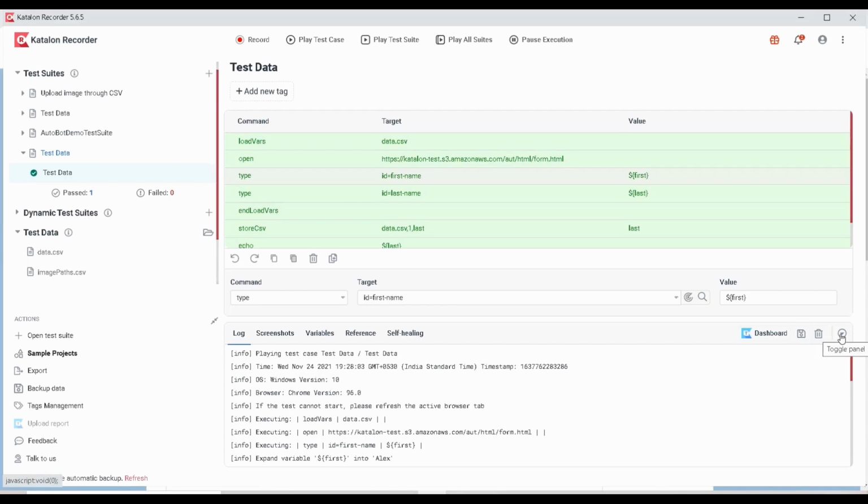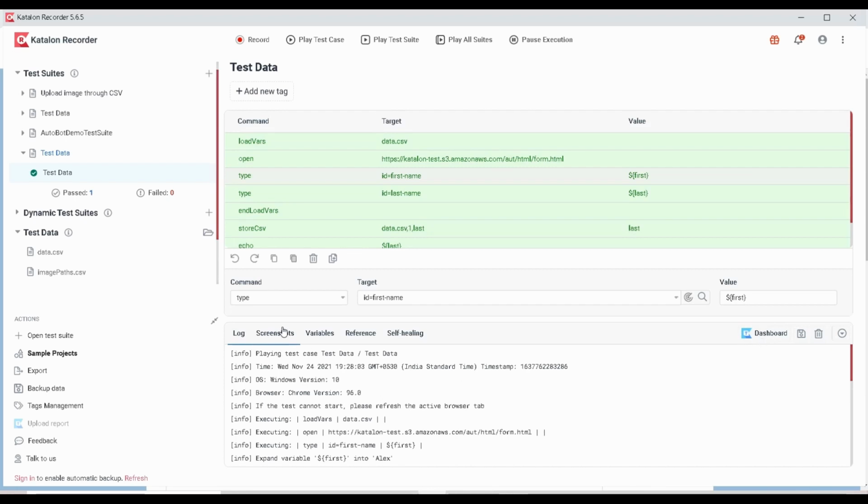And this is just for toggling. And if you want to upload this log to the test jobs, so to the dashboard which is offered by Katalon, you can click on this and you can view the logs in the test job dashboard. So in this video I'm not going to cover this point. We can do it as a separate one, because this is one main point we need to cover in Katalon.